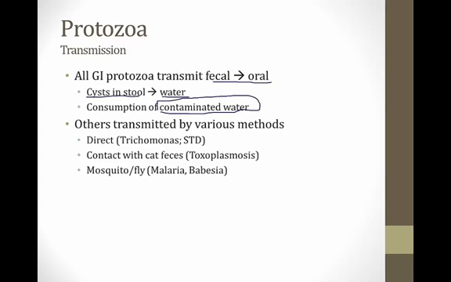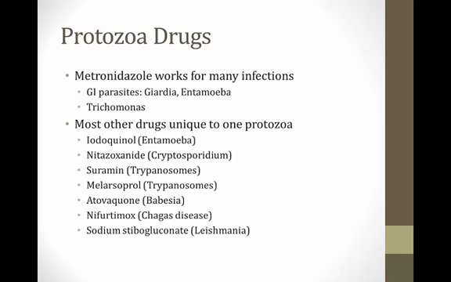The other protozoa have various methods of transmission. So Trichomonas is a sexually transmitted disease. You get toxoplasmosis by contact with cat feces, and then mosquitoes and flies are how you can get malaria and babesia. Another thing to know is that metronidazole is an antibiotic that works for several protozoal infections. Even though it's antibacteria, it works against the GI parasites Giardia and Entamoeba, and it's also effective against the sexually